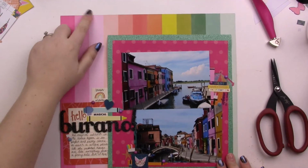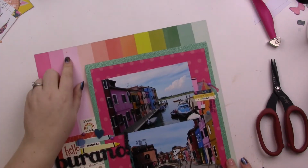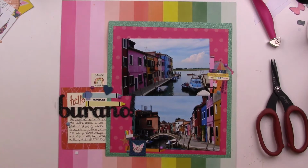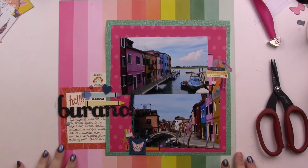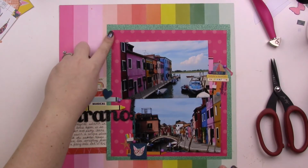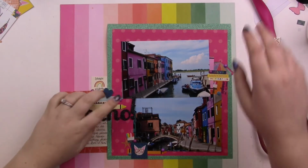I did think about putting some gold color shine on here, but I don't think I will, because there is a lot of gold color shine in my album. So it would be nice to have some layouts that don't have gold color shine. Plus I have a sparkly paper in the background, and I have